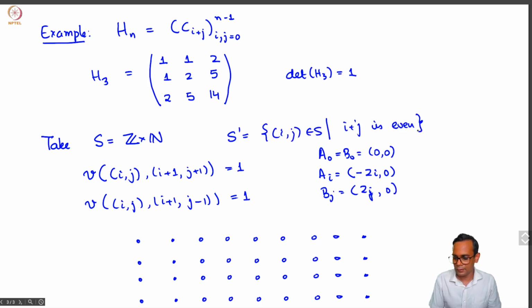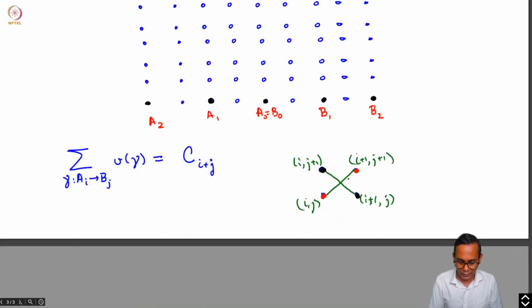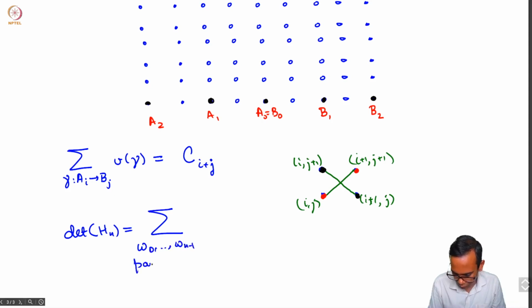And there indeed the crossing condition will always hold. You cannot have this kind of a virtual crossing. And so what do we conclude? We conclude that the determinant of Hn is the sum over all omega 0 up to omega n minus 1, pairwise non-crossing paths, where omega I goes from AI to BI,